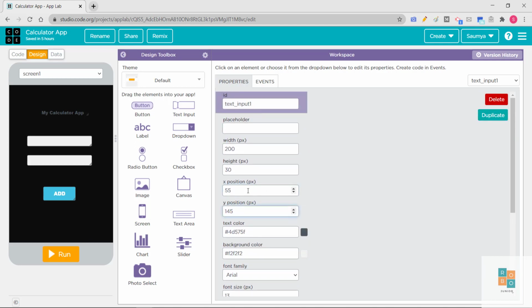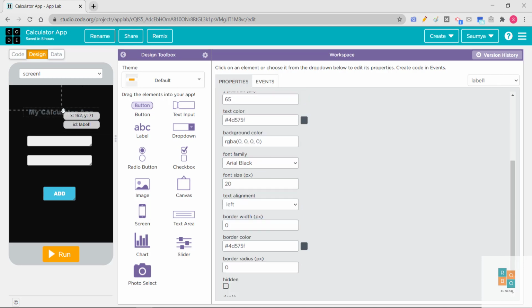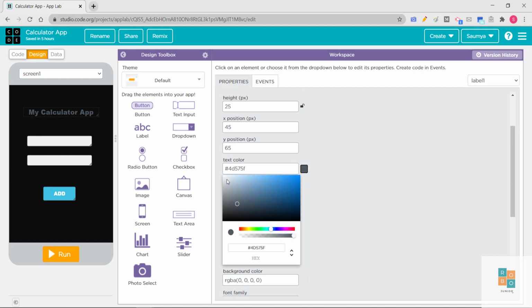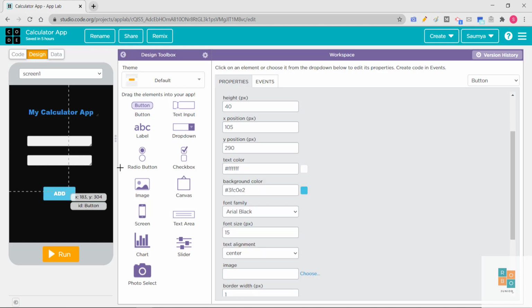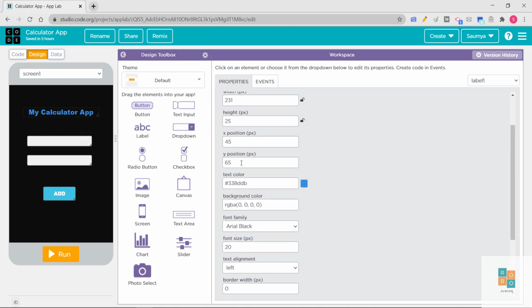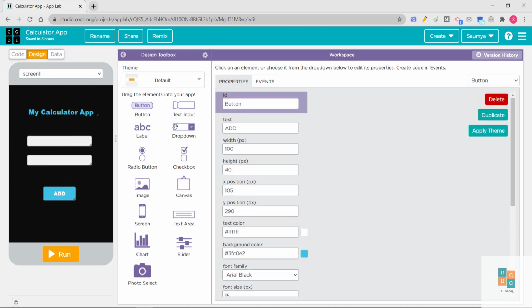So we can change the position from here also. And let's try to change the color of the text to maybe white. Yeah, that looks good, or it may match the button's color also. So the button color is this. Here goes the color of your text. Perfect. So we are done with the design part.